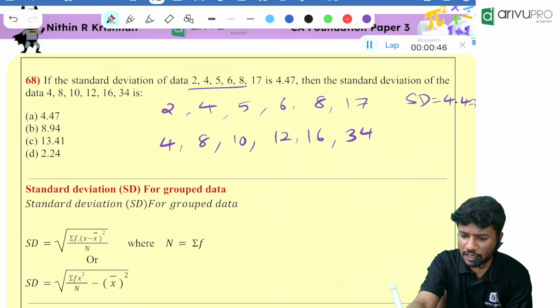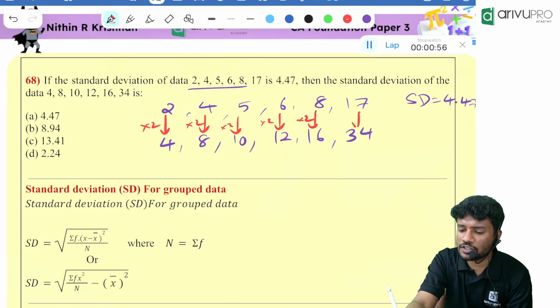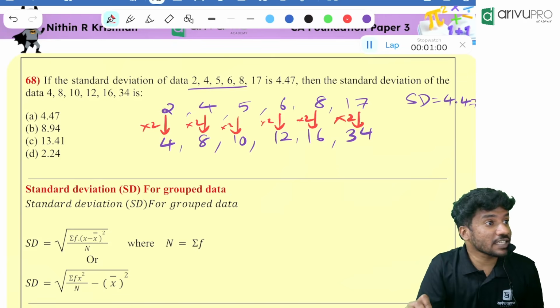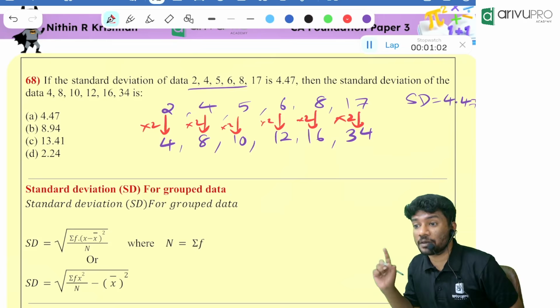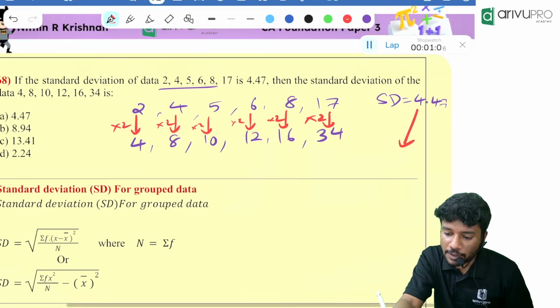If you look here carefully, each observation is multiplied by 2. Each observation is multiplied by a constant factor. That is a change of scale. Is standard deviation, a measure of dispersion, affected by change of scale? Yes. So the new standard deviation will become